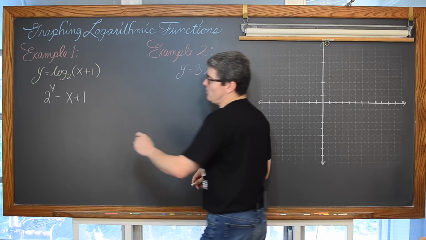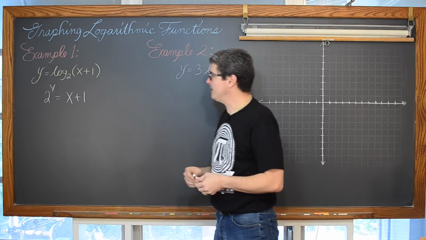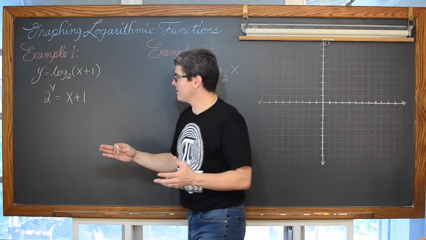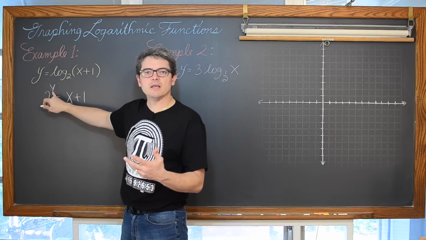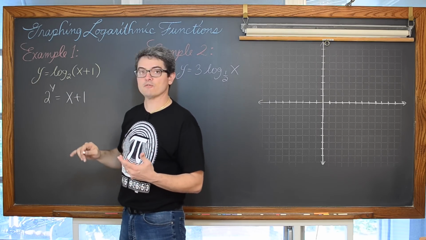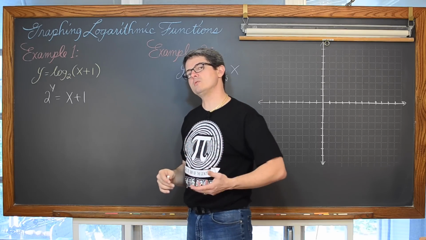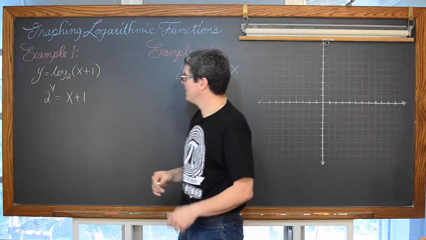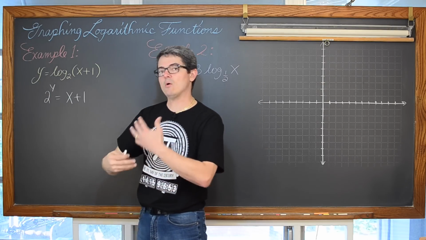We see that the y variable is up here in the exponent, so it's sort of like where the math is happening. And therefore we're not going to re-isolate this y. It already was in the first place. I guess you could make it a log base 10 or log base e, but again, I want to do this without the aid of a calculator. So I can take the base of 2 and raise it to certain powers in my head.